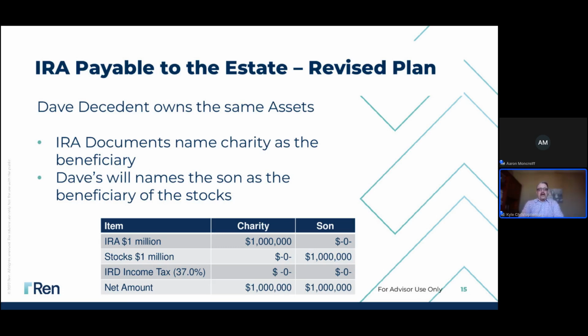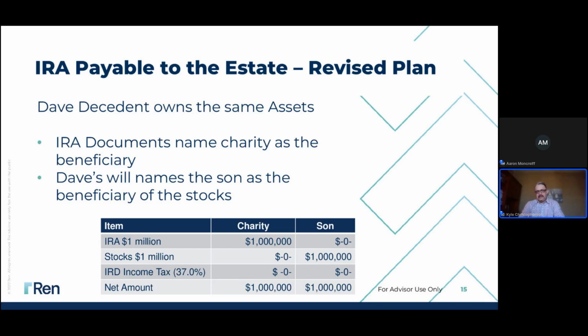Now, there's a way that we can revise this strategy by being more direct in how we're thinking about how we want to structure the beneficiary designation form for both of these accounts. So knowing that the IRA asset is going to trigger IRD tax, we can cause that to be shifted 100% to the charitable organization because we know we're not going to have to worry about the IRD tax, and then shift the full value of that stock portfolio in that non-qualified account over to the son. Now, because they don't have an estate tax to worry about, we don't have to worry about any portion of the assets from the son getting eaten up by estate taxes.